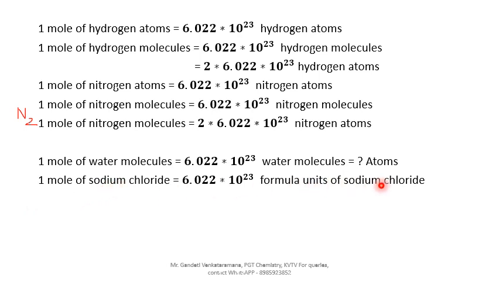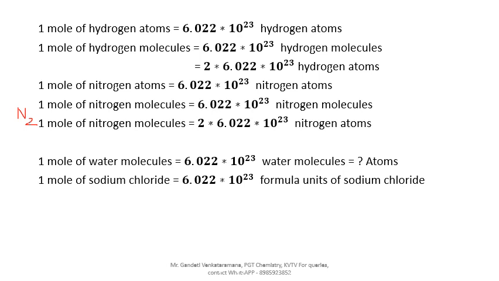Now check all of you. Everything is 1 mole, 1 mole of water, 1 mole of sodium chloride. The number is fixed, 6.022 × 10^23. But here it changed, because 1 mole of hydrogen molecules equals 6.022 × 10^23 hydrogen molecules. There is no change. But in this case what I have done is I have converted hydrogen molecules into hydrogen atoms. So we are multiplying with 2. I hope that you have understood. If you don't understand, you can contact me, try to understand.